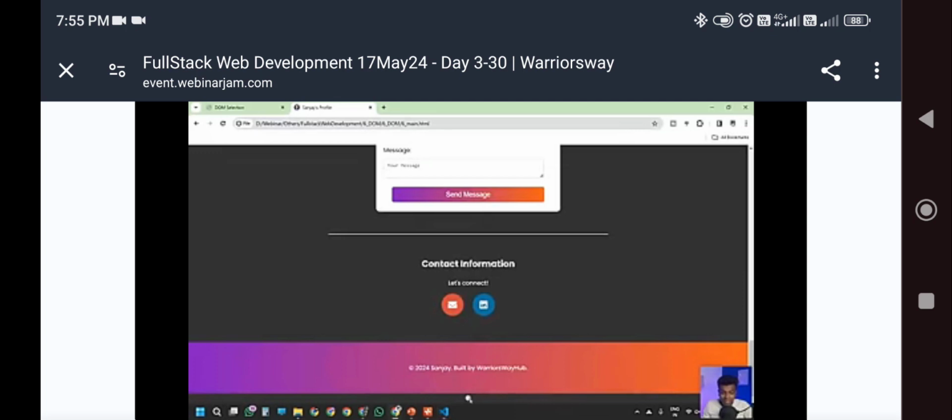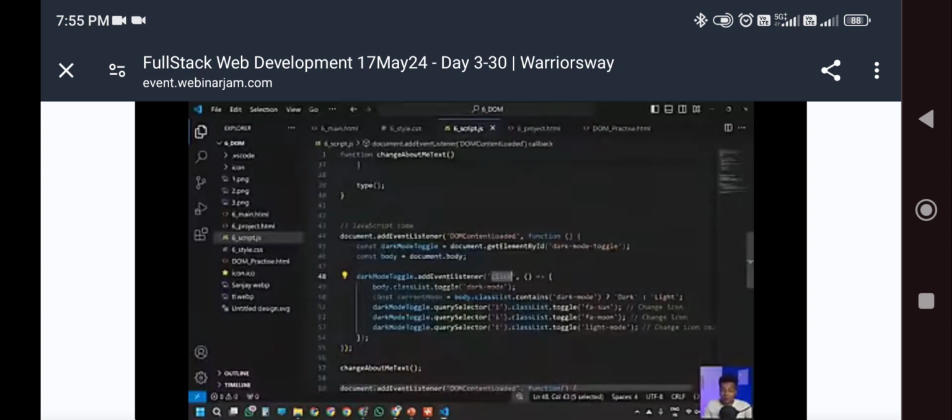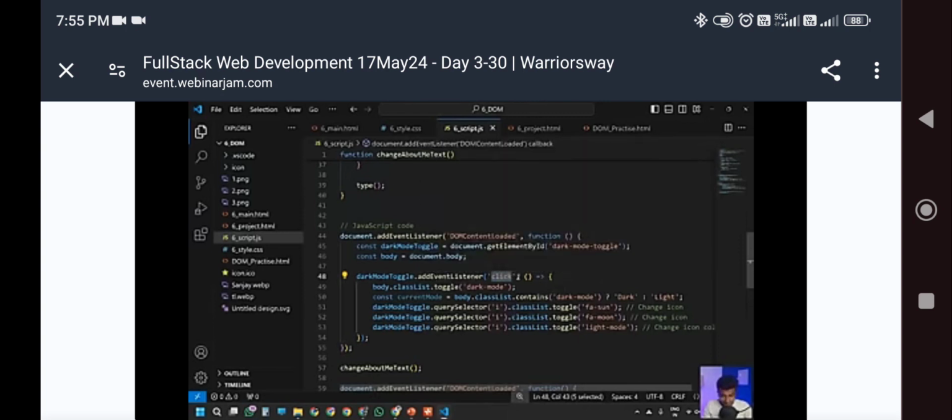So what does it mean by the click? You are clicking the icon, right? So it is going to keep on waiting like a watchdog timer. It is going to keep on waiting for you whenever you are making a click, because we have already accessed that. Whenever you are making a click, then